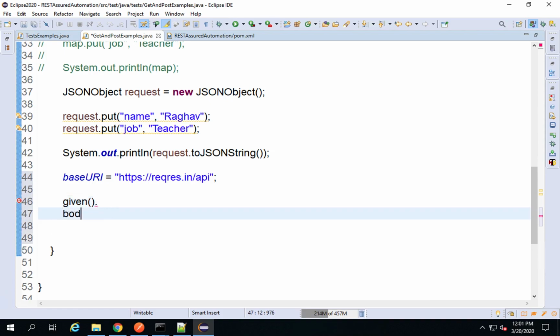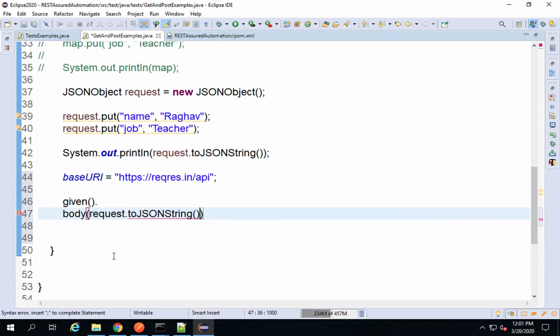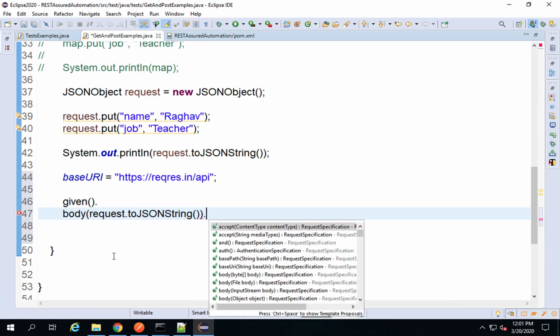So I will say body is this request. So I will say request, and to make sure it converts into a JSON string, I can say toJsonString, and then I can say